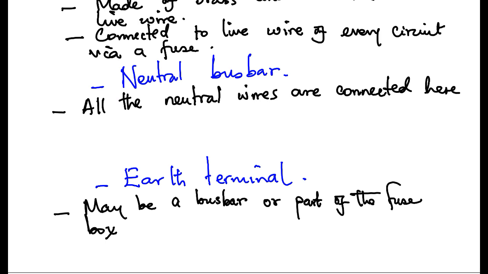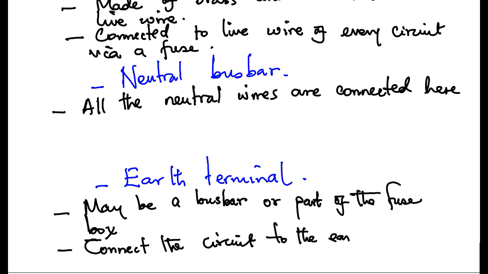It connects the circuit to the earth. Either through water piping or through a thick copper